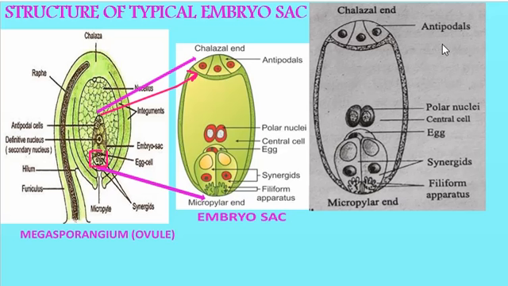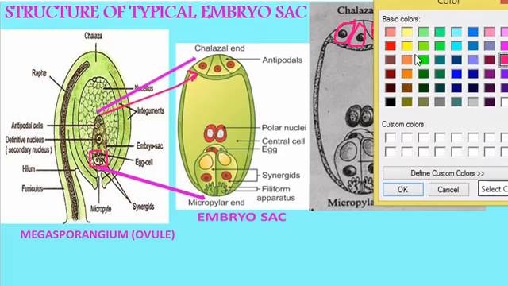At the chalazal end, the 3 cells group together to form antipodals. Okay. So these are the 3 cells. This is 1, this is 2 and this is 3. So these 3 cells form what? Antipodals. Whereas in the micropylar end,